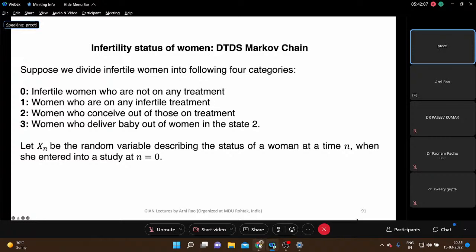Well, for Markov chain data, you have to collect the raw data from the hospital, and then you have to convert the data. The hospitals don't have the data in that form. The four states I showed, 0, 1, 2, 3, are not in the hospital's data in that form. As modelers, we have to go to the hospital, collect the raw data, and translate it into a certain form in which we can analyze it using the model.